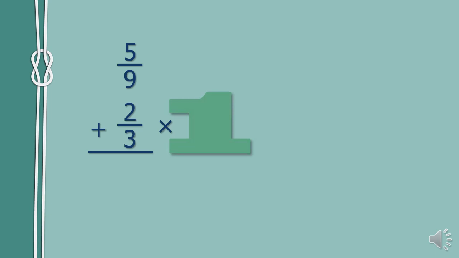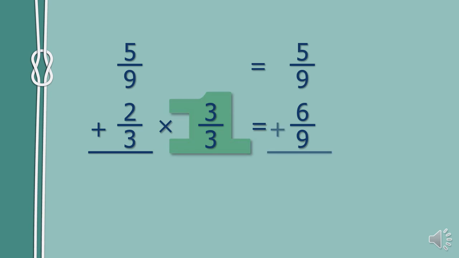Again, we have unlike terms in these fractions, so we have to put them into like terms. And we use the identity principle for multiplication to rename 2/3 into a fraction that will be in like terms with 5/9. If we multiply 2/3 by 3/3, we're not changing the value, we're only putting 2/3 into higher terms, which would be 2 times 3 is 6, 6/9. And now we can add 5/9 plus 6/9, and our answer is